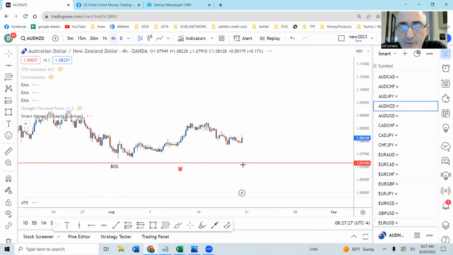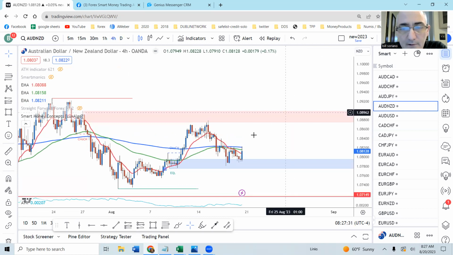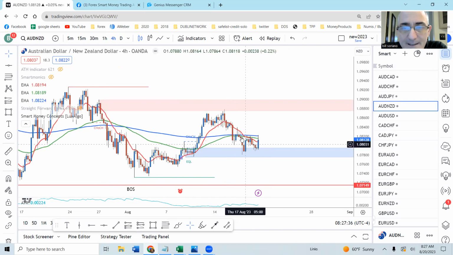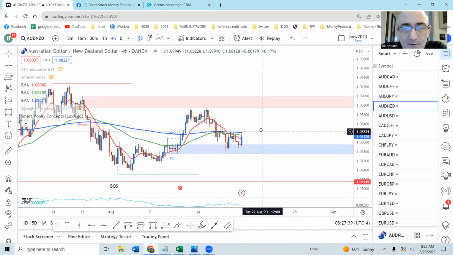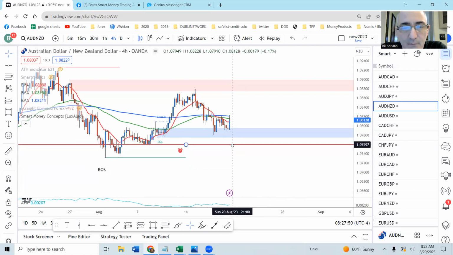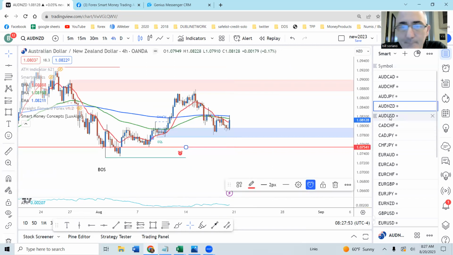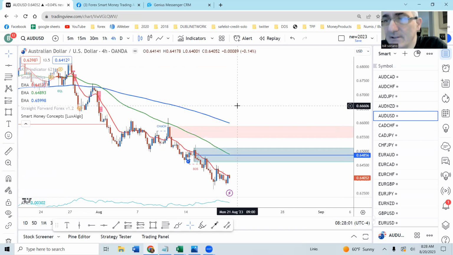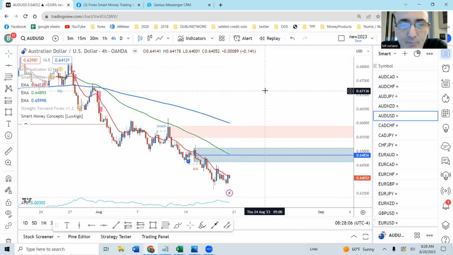And so we were looking for a break of structure earlier. And you see here, it's giving us this order block, but this was already mitigated and reacted off of, okay? So we don't want that order block anymore. We can't trade from this order block yet until we get a break of structure. So we're just waiting for this break of structure alert to go off here. We can maybe move it up a little bit, see what happens during the week. Then, of course, during the week, usually on Tuesday evenings, I go through all the pairs again to see if there's any changes that allow me to move my order blocks and point of interest, if I get new breaks of structure,